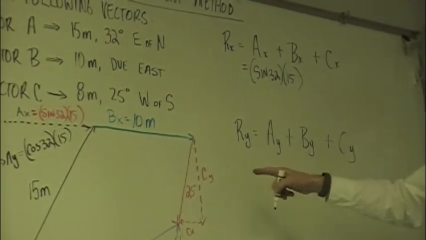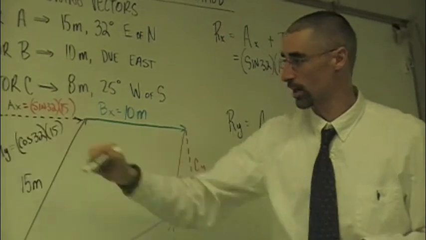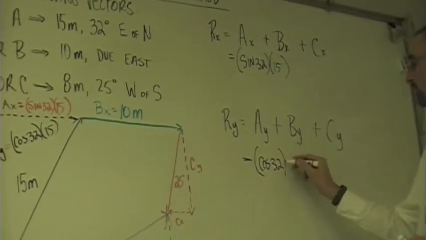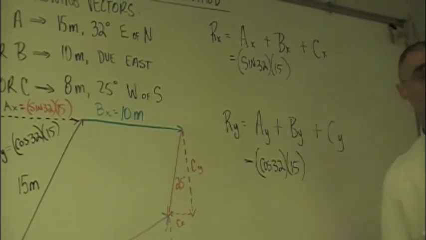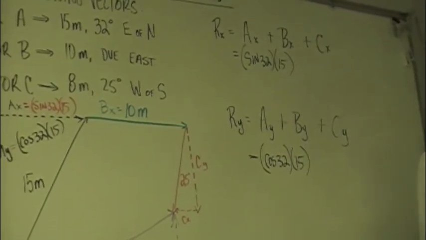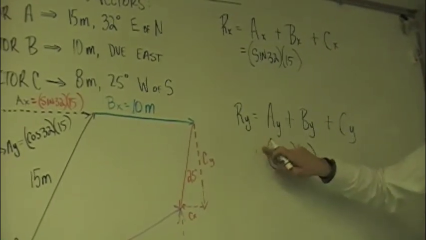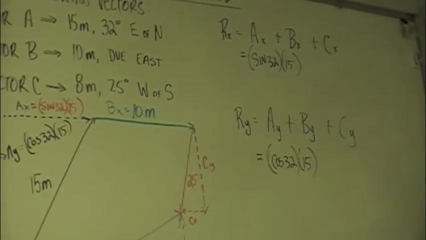And then in this case, AY is going upward, and it's going to be cosine 32 times 15, and it's going to be positive. Everybody see that? Okay, so because it's positive, we don't have to put anything in there. And we'll look at the next one. Now,